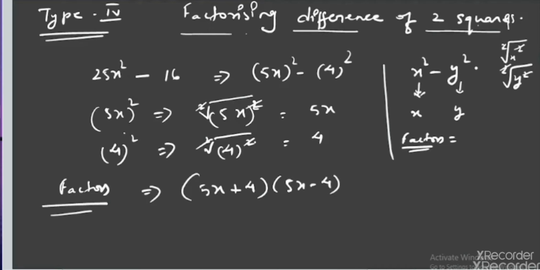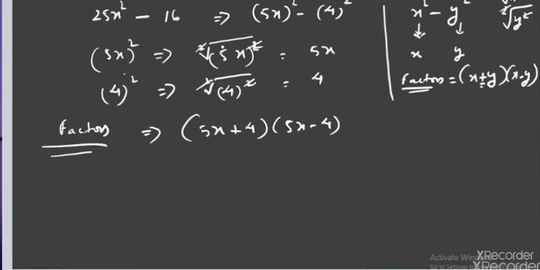You will get two factors of this. How? You are simply going to connect these roots by one time by plus sign and another time by minus sign. So this is minus sign, this is plus sign. Understood? This is how you are going to do this type of factorization. Okay, so let us try to do some of the questions so that it will be more clear to you.